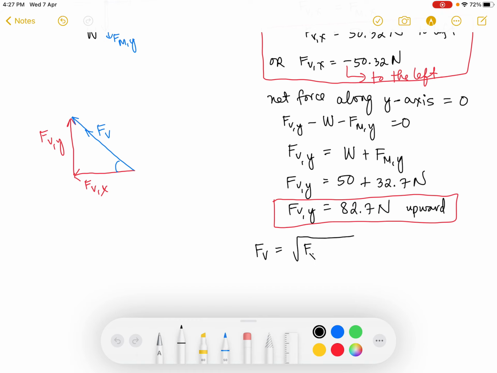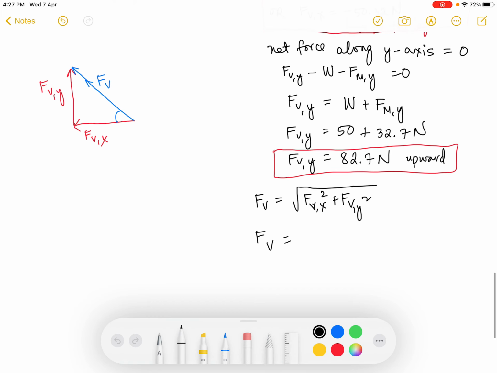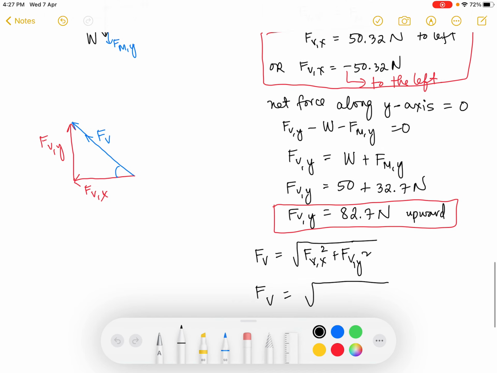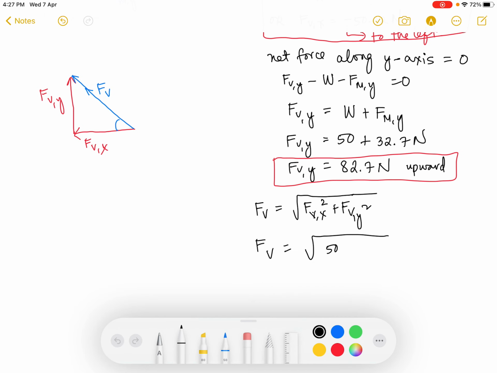So that's FVX squared plus FVY squared. Right, so that's square root of negative 50.32 newtons,